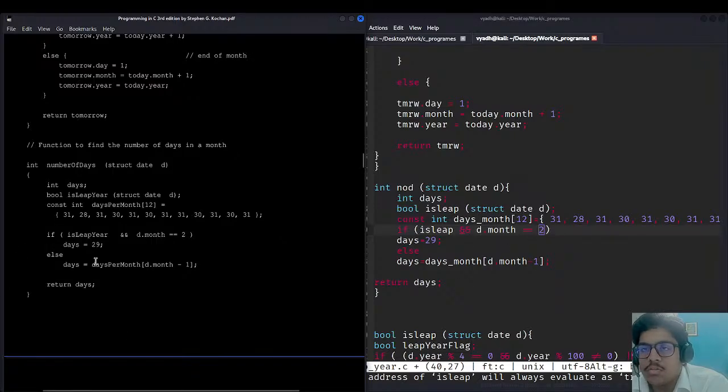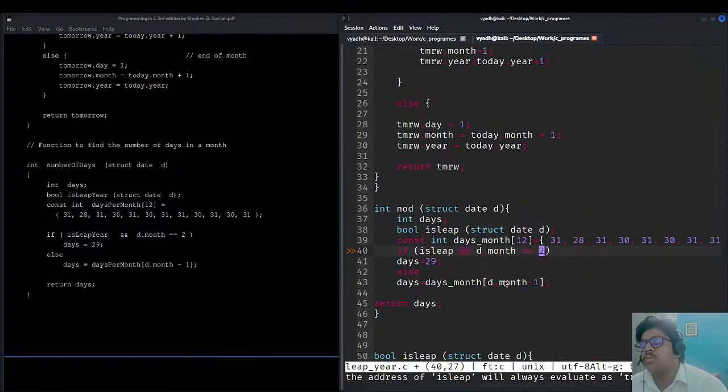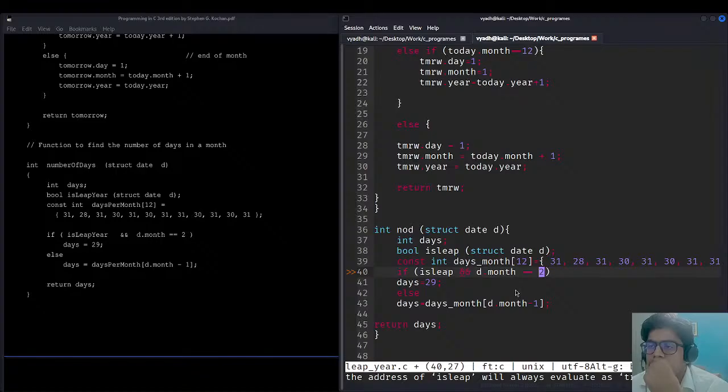डी डॉट मंथ हो गया, इस लीप हो गया, सेट टू 29, डेज पर मंथ। सो यहाँ पे डी डॉट मंथ एक्सट्रैक्ट करेगा और उसको -1 कर देगा। ठीक है, नो प्रॉब्लम। ठीक है ठीक है।